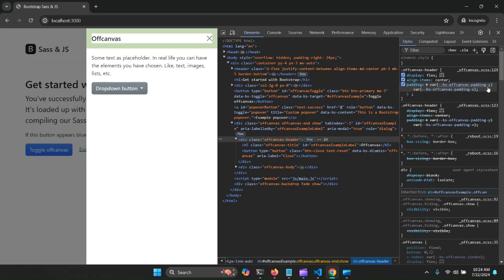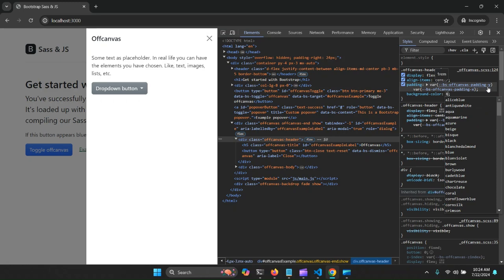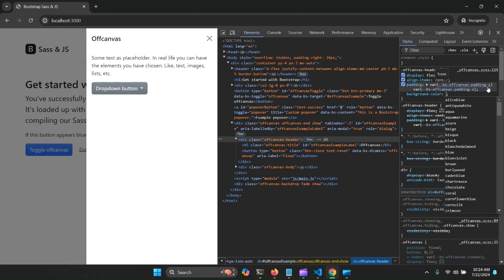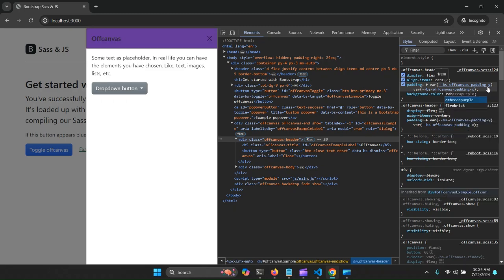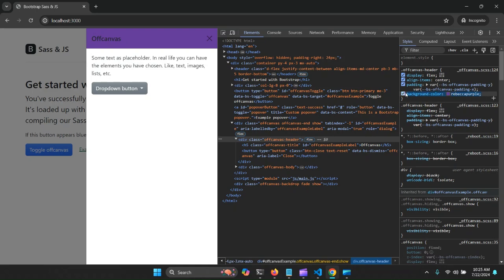And so I'm just going to add right here in my dev tools a background color, and let's just make it blue. And I can see immediately it doesn't show up very well against that black text. So we'll do whatever that color is. You can see there that we are able to change the color. So now I know the property and the value that need to be changed. So I'm going to actually just copy this,